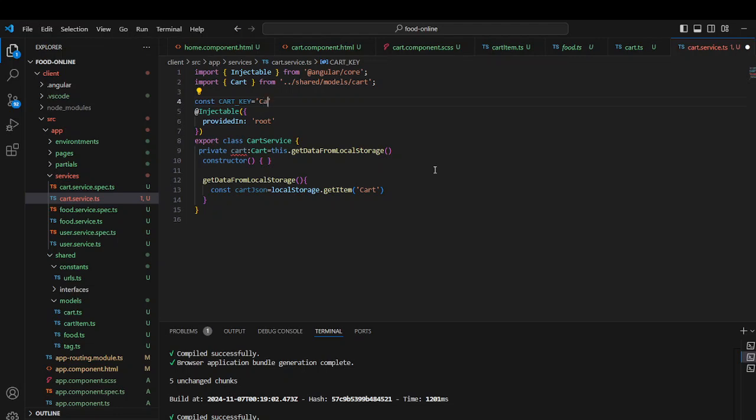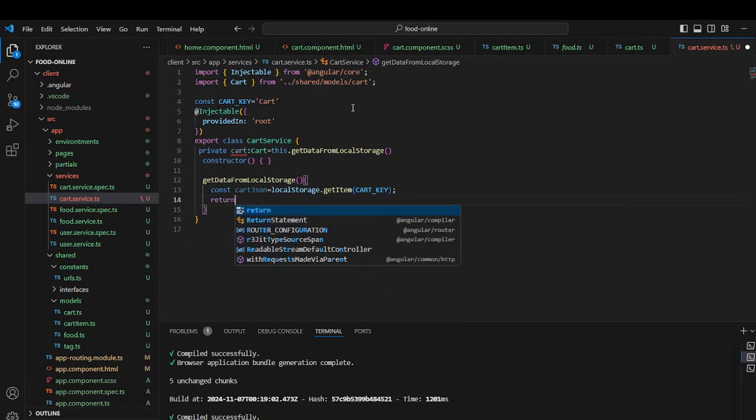Okay, cart. So let's use this one. So what we are doing here, we are getting the cart data from the local storage. If it is present, we will use that one, otherwise we will be creating the new one. So here you can see, if it is present, so return